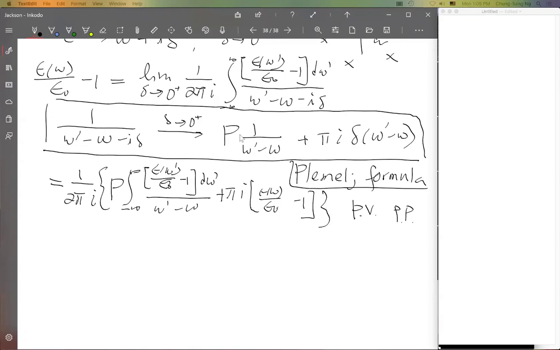This is just using this formula, getting it in the denominator and evaluating that. Now you see that the left-hand side and the second term of the right-hand side are exactly the same, because after you cancel this pi I, except that the right-hand side is just half of that. So the second term on the right-hand side is half of the function on the left-hand side. So you can subtract this half